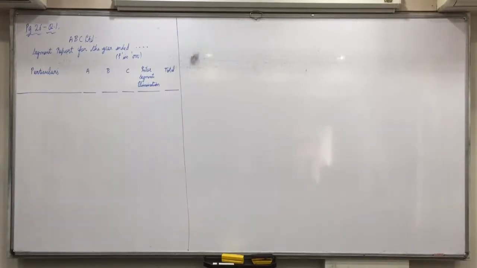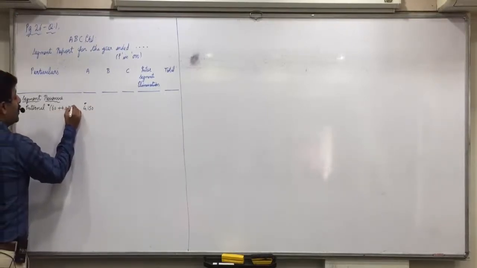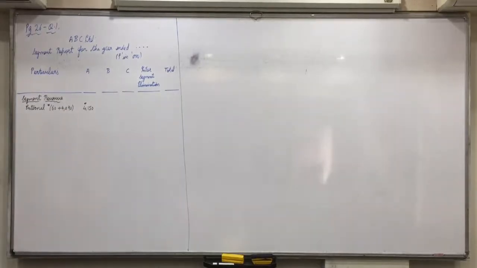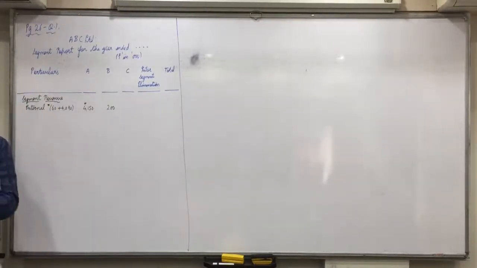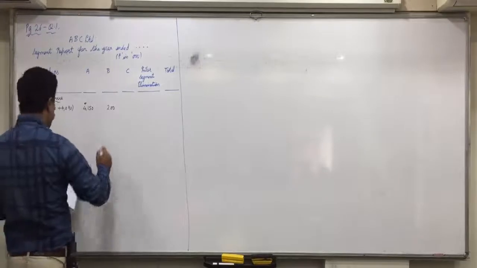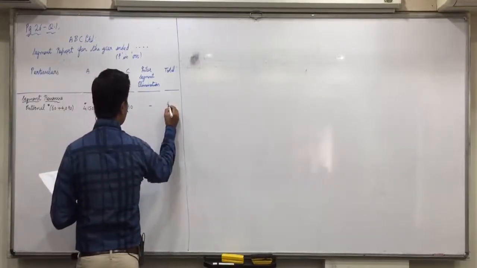Very first we'll take up segment revenue. In that, first we'll take up external. External is other sales 60 and export sales 4090, so external is 4150. Any confusion in this? Then for division B it is 200 and for division C it is 180. 4150 plus 200, 4350, plus 180, 4530.